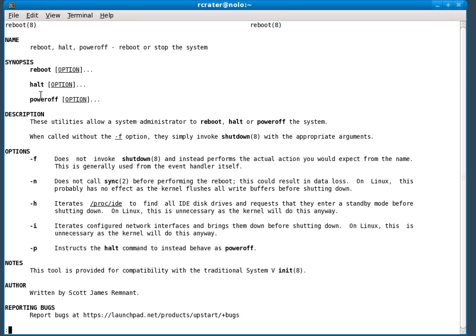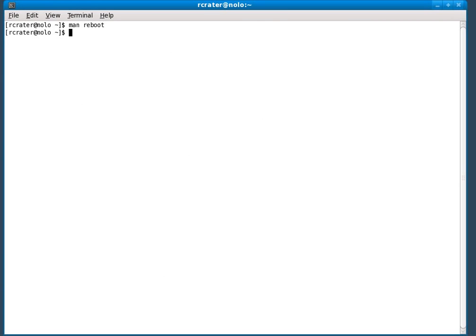Okay, I'm going to get out of the man page here, and I'm going to show you another one, but the next 2 commands need to be used as root. So you have to log in as root. Okay, now the first command